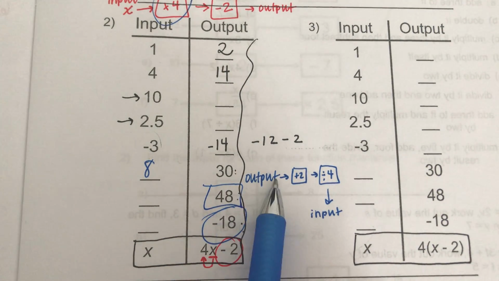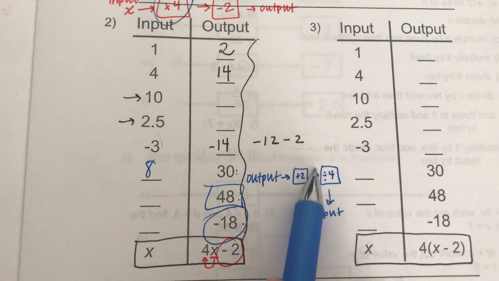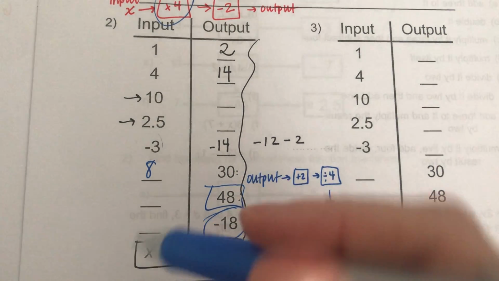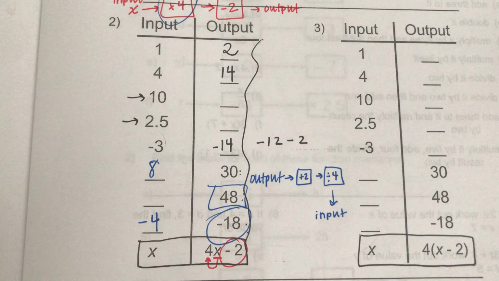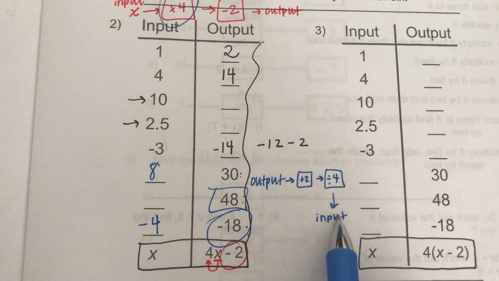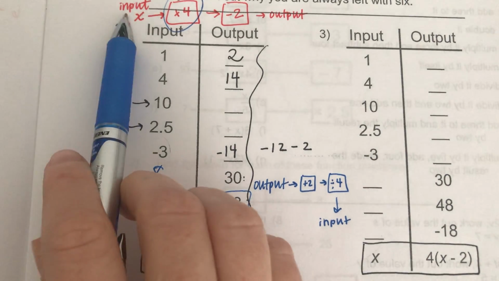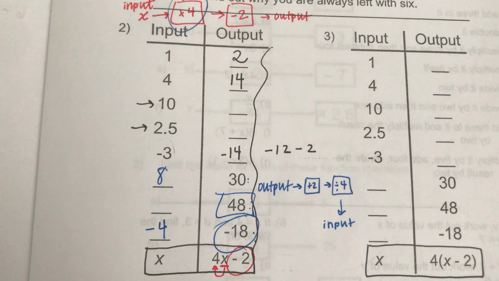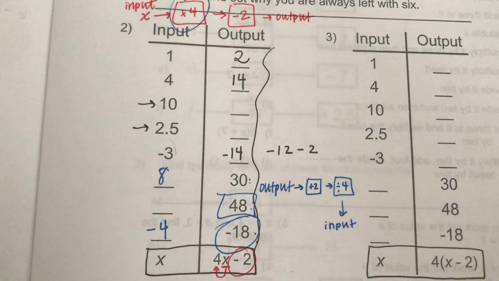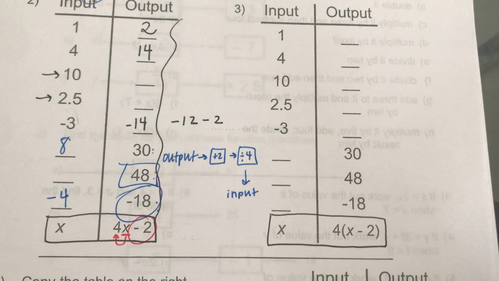-18, if that was our output, I would add 2 to that. That would give me -16, and then divide that by 4. So you'd have -16 divided by 4, which is -4. Okay, I think it would be a good idea for you to always go back and put it in the original function machine to see if your input value matches your output value that you're given, just to check your answer. Okay. Question 3, I will help you write the function machine, but I want you to do